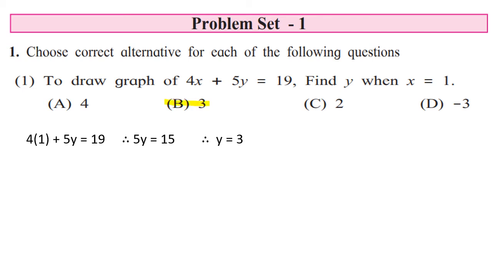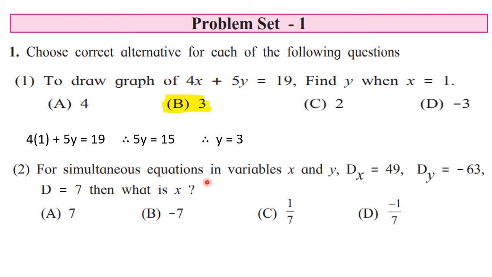This is your correct option. While writing, you will write question number 1, sub question number 1, and inside the bracket you are going to write the answer as B. I hope you have understood how to find it. If you can do it orally, well and good. You can do it orally and write down the answer. Otherwise, you solve it in the rough work or on the right hand side of your paper, and then you can write down the correct answer. Let us go further towards the second question here.